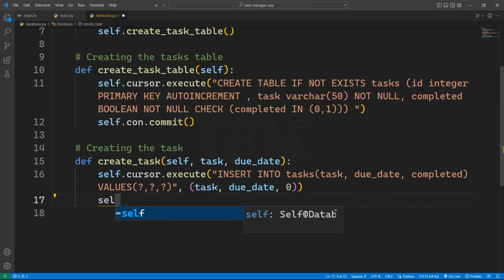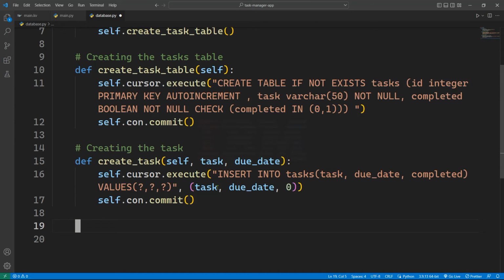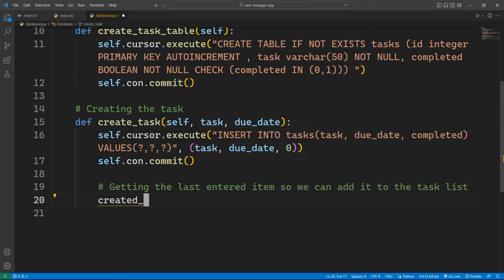And again, we're going to commit, self.con.commit, to our database file. Also, what I want here is to get the last entered item, so we can add it to the task list. So let's say here, getting the last entered item, so we can add it to the task list. Let me create that variable. I will call it created task,